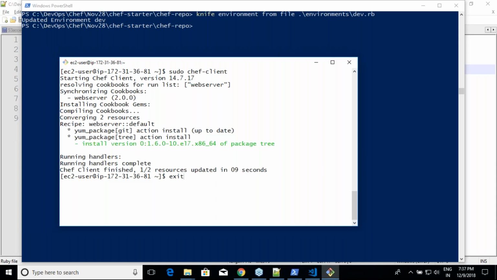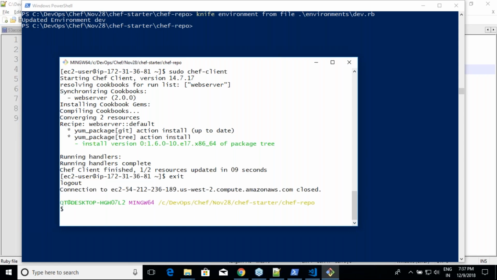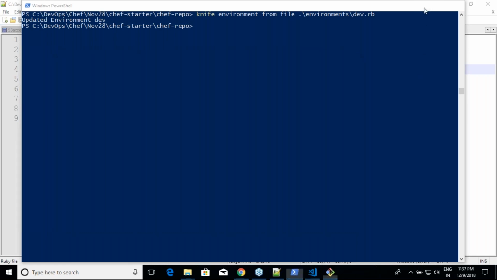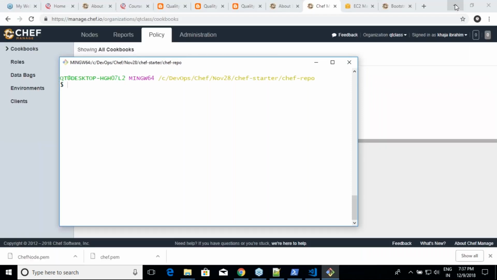I'll be going and changing the dev file. First, I'll be changing the run list, and then I'll be executing sudo chef-client and all of that. I don't want to get into that. You can execute this because you have understood what we are trying to do. Okay, good. So is this concept clear? Why we use environments, and why we use roles, and how do we do them.